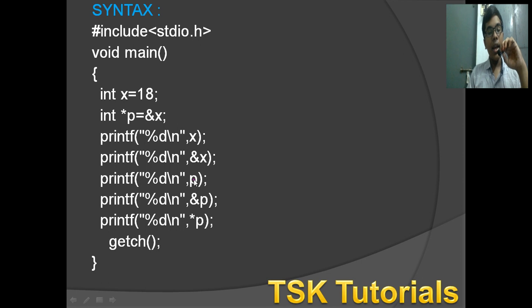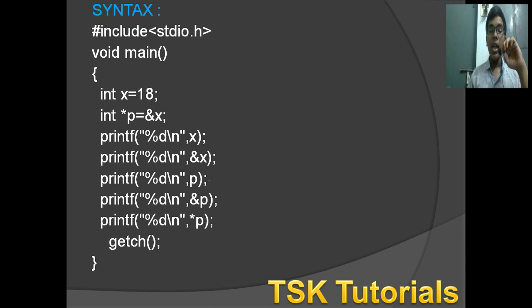And I want to get p. p means the memory location; p stores the memory location. That's what I have told: my mom stores my address. So p stores the address of x. So I want to print p. I have to give the command printf("%d\n", p); semicolon. Now I am stored by my mom, but where has it been stored